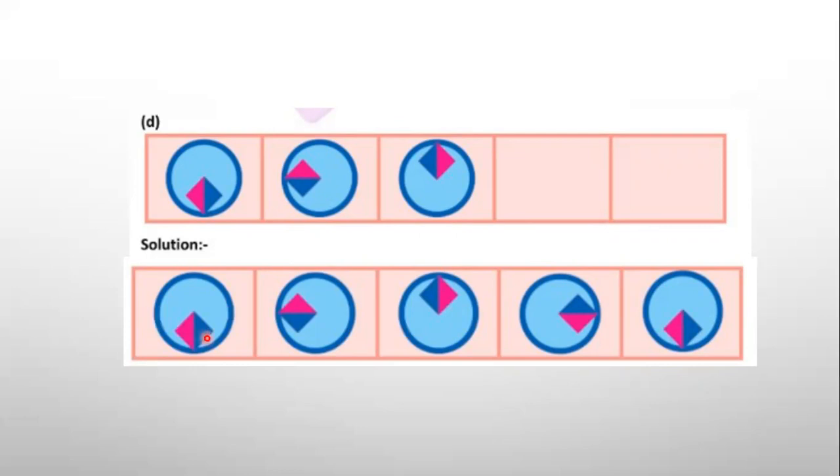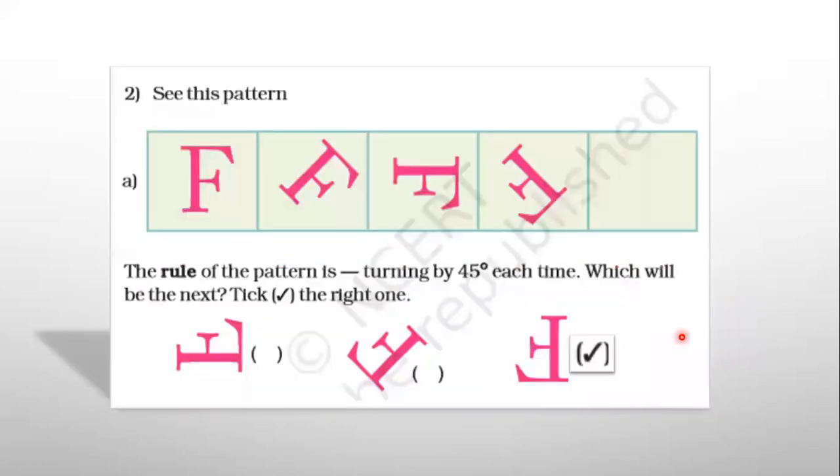So first in the original figure it is down. When it makes a 1/4 turn of 90-degree, it will come into the left side. Again the next turn it will come to the top. The next turn it will come to the right. Next turn from right it will come to the bottom position. So these are on the basis of 1/4 turn or turn of 90-degree.